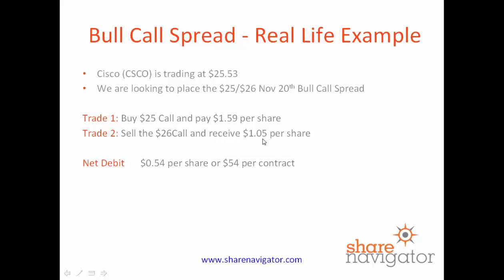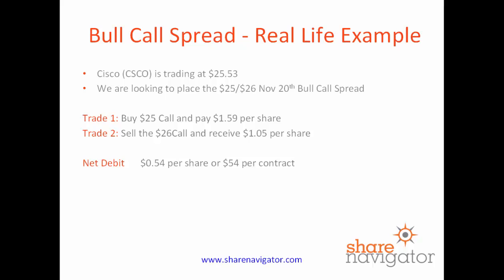And in that case, we received $1.05 per share. So what we're saying in the second part of the trade is we're giving control of our shares back to somebody else at $26. The first part of the trade was we said we are going to buy control of our shares at $25. So we've limited our profit potential to if Cisco's share price rises to 26 and above. So the net cost of that trade to us was 159 minus what we took in, which was 105, and that's 54 cents per share, or